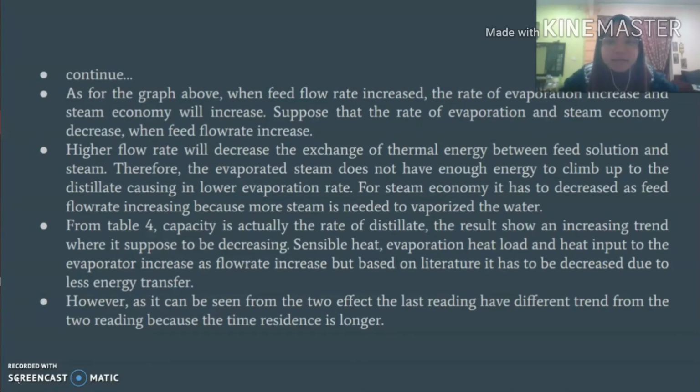And for the graph in the result, when feed flow rate increases, the rate of evaporation increases, and steam economy also increases. But supposedly the rate of evaporation and steam economy should decrease. A higher flow rate will decrease the exchange of thermal energy between feed solution and steam, and therefore the evaporated steam doesn't have enough energy to climb up to the distillate, and it will cause a lower evaporation rate. For steam economy, it has to decrease as feed flow rate increases because more steam is needed to vaporize